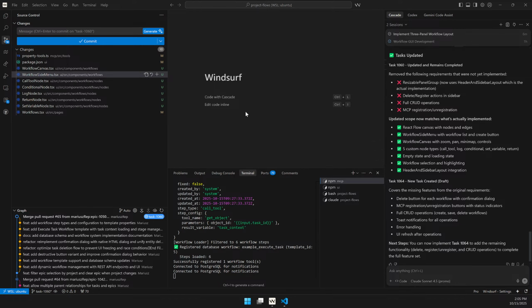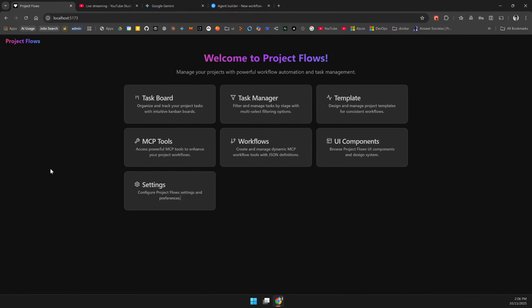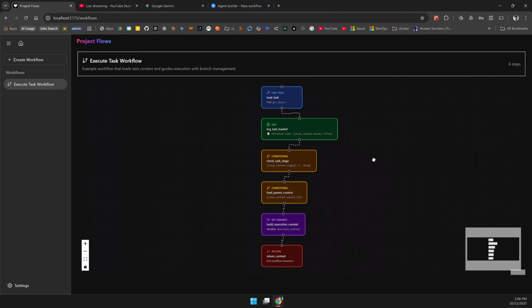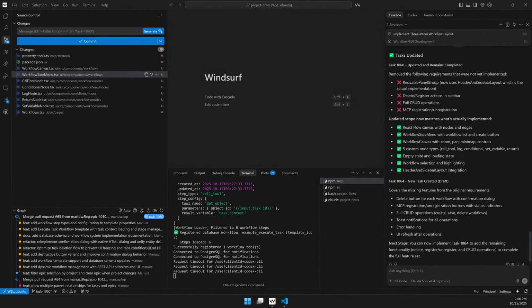Hello again in this series where you watch me struggle using AI to build my trillion billion dollar application. So the previous video we implemented a 3-panel layout, which turned out to be a 2-panel layout, basically that. So in this video we're going to try to make it look a little bit more like this,